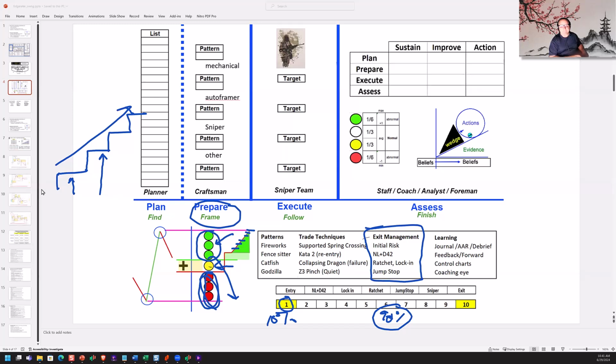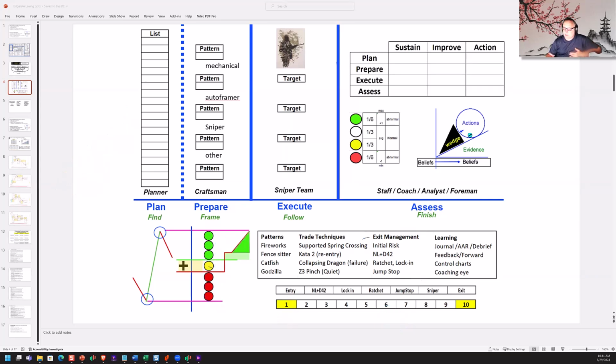Well, if that's what the execution phase is all about, then we're not done until we have assessed. So if I'm supposed to find candidates, frame them, follow the price, and follow the rules, I'm not done until I'm finished. My dad used to tell me that. And what we're going to do in the assessment phase is do all of the learning that it takes to